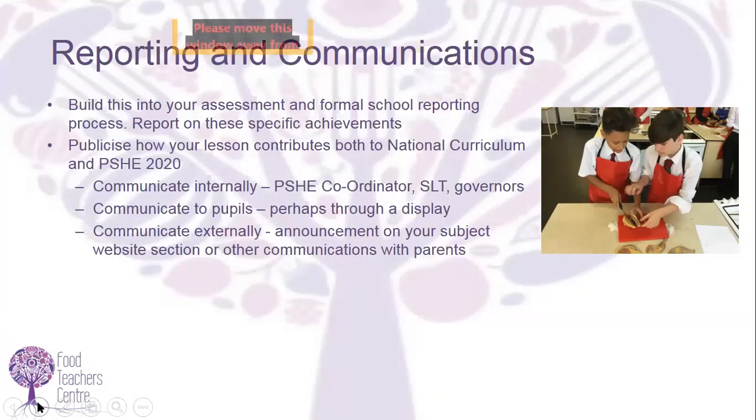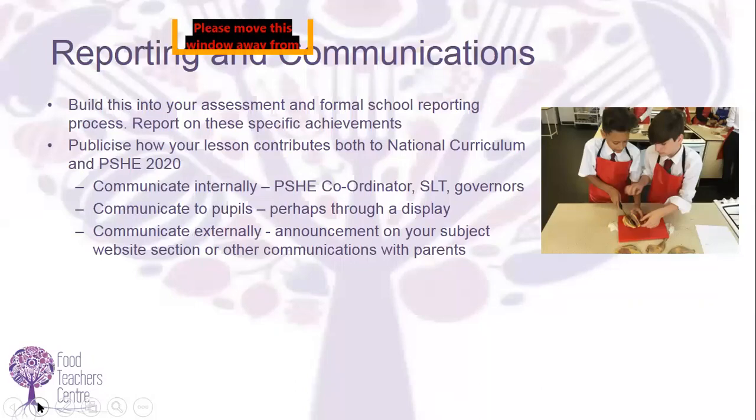And finally, because we're doing so much good work around healthy eating and nutrition, one of the things is to make sure we communicate that that's what our lessons are about. And it will be interesting when you first talk with the PSHE coordinator and your SLT about whether they're familiar with the extent to which you're already teaching these aspects as part of the national curriculum that you already teach. It might be news to them to see that highlighted scheme of work that you might send over and just how much you're already doing,